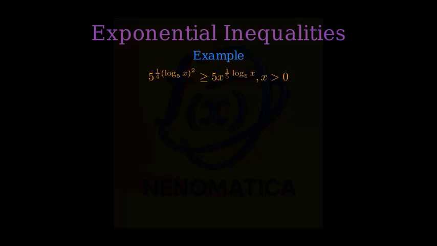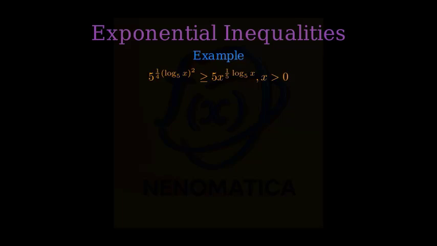Let's solve the following exponential inequality. We have 5 raised to the power of 1/4 times the logarithm base 5 of x squared is greater than or equal to 5x raised to the power of 1/5 times the logarithm base 5 of x, where x is greater than 0. This is a complex inequality involving both exponential and logarithmic terms, so we'll need to apply several